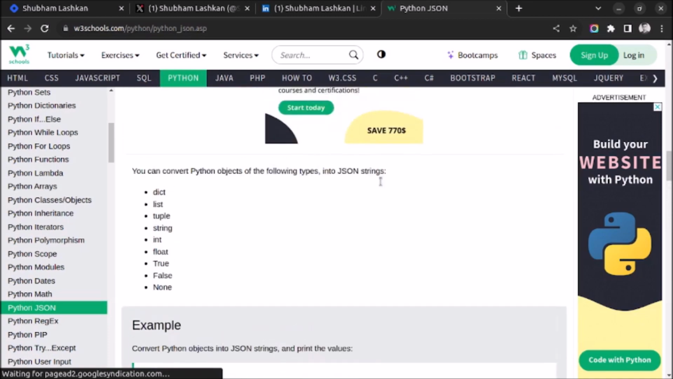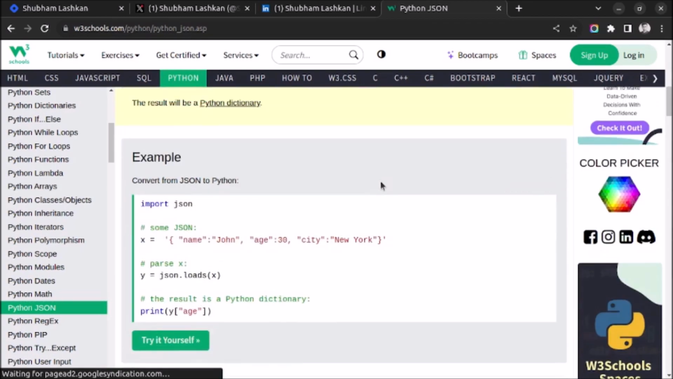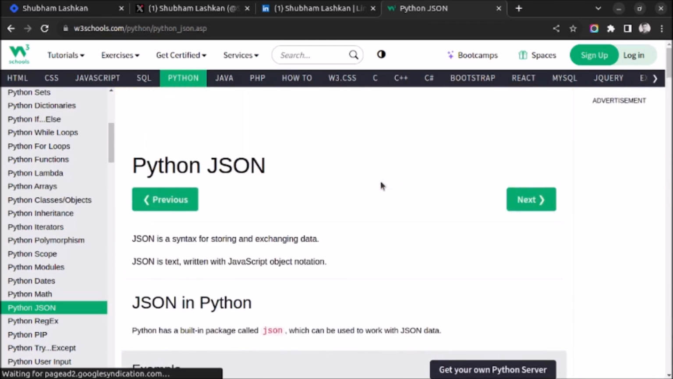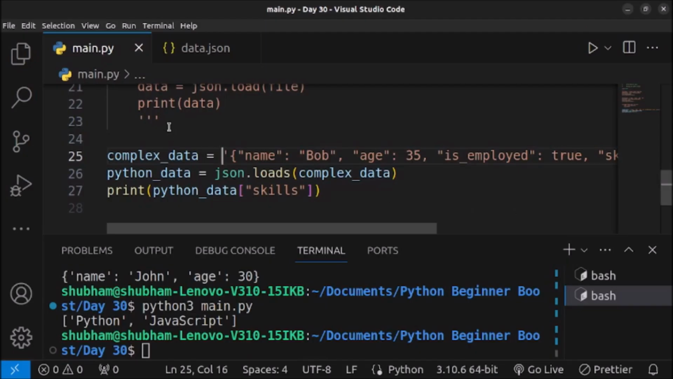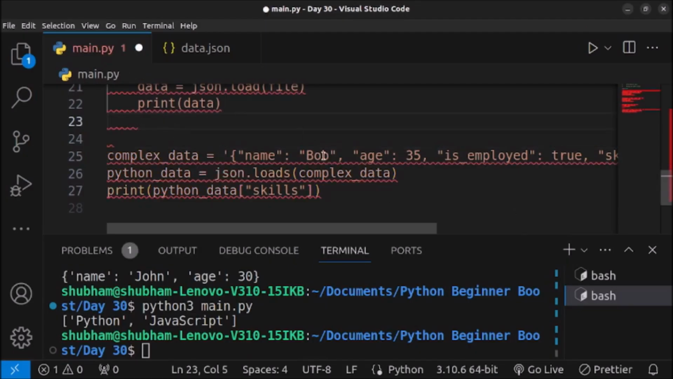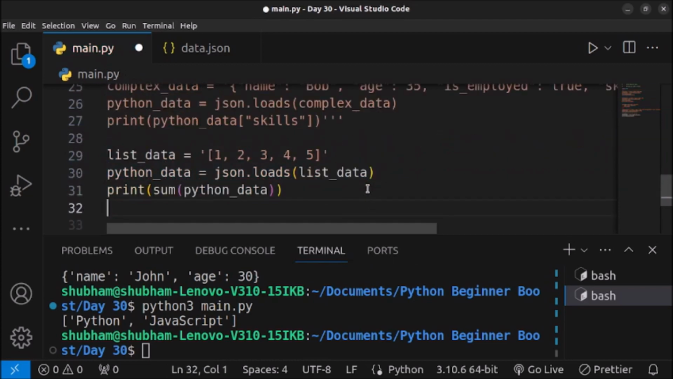So here I will take one example. We go on top. Here is one example where we are trying to convert a list. Let me paste the code. Here you can see we have a list with 1, 2, 3, 4, 5, and now we are trying to convert it into